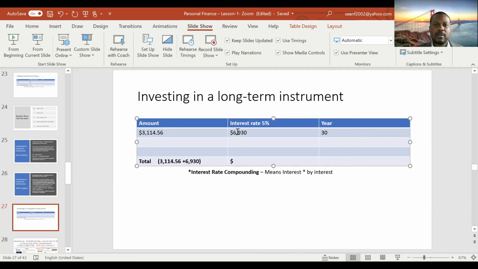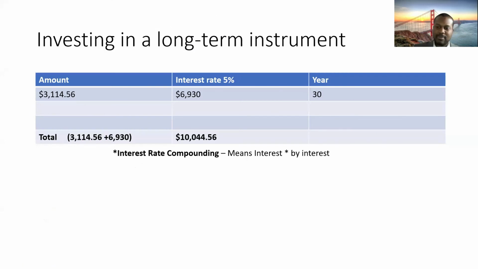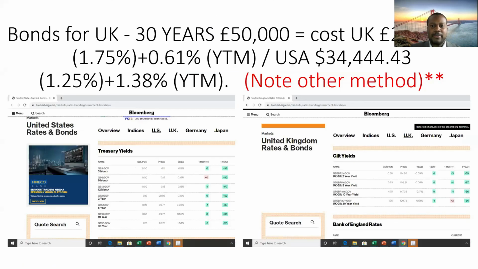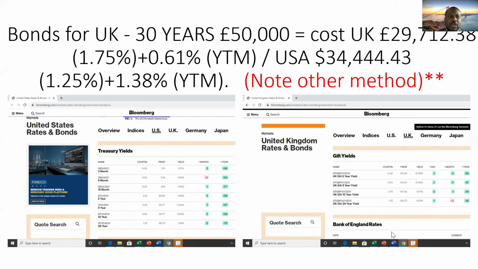So that's 10,044.56, as we mentioned earlier. Okay, so it's using that particular principle here. And we can just observe, make sure. Okay, so here we can see we have some